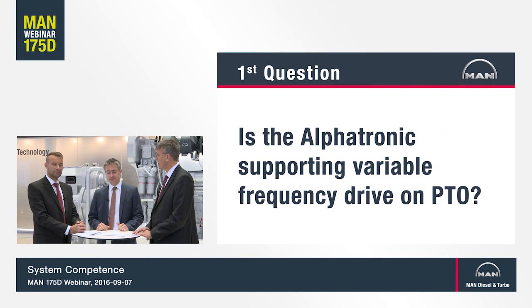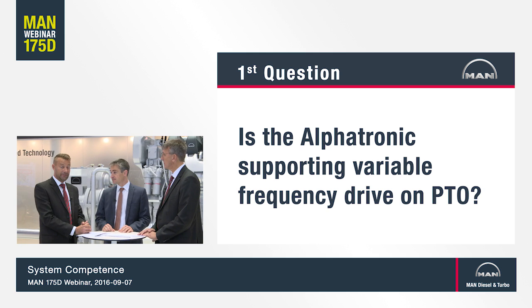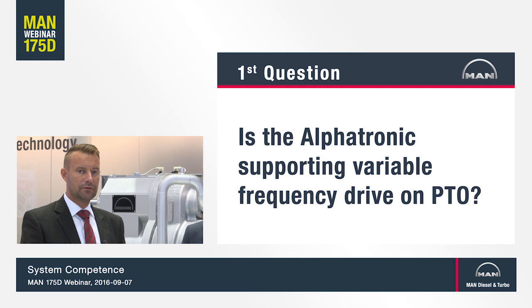Lately, we had exactly such a customer survey, and we were welcoming a lot of customers presenting exactly this propulsion drain solution, and a lot of questions were asked to us. One was, can I also use the Alphatronic for variable frequency? That's a good question, and definitely we are able to interface with variable frequency drives, making it possible to utilize